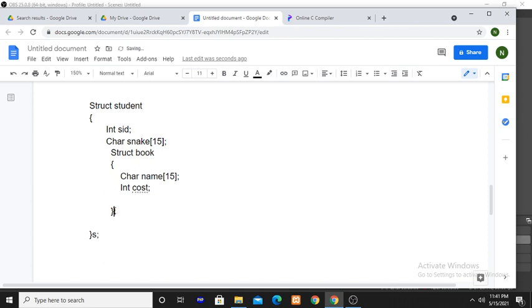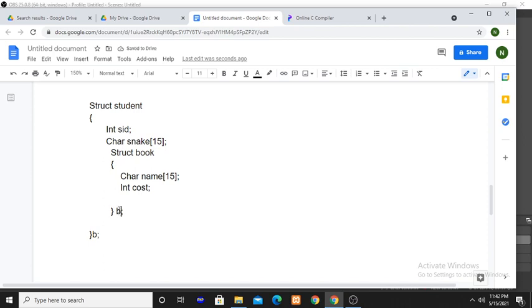Here I have written b because book starts with the letter b. You can use another name, like a, or x, y, z, whatever it is. You can construct the names for the variables using the rules. For easy identification, since the structure is book, I am writing b.